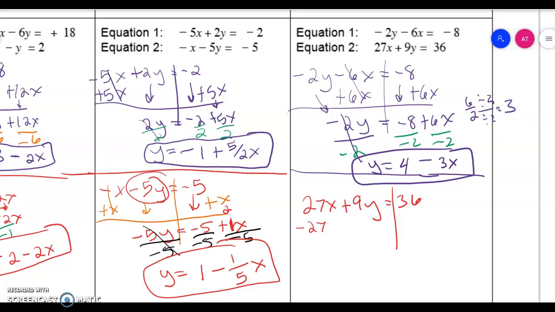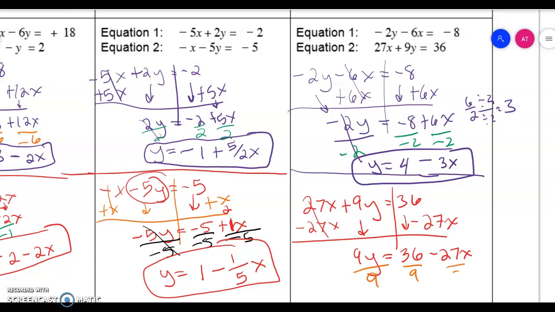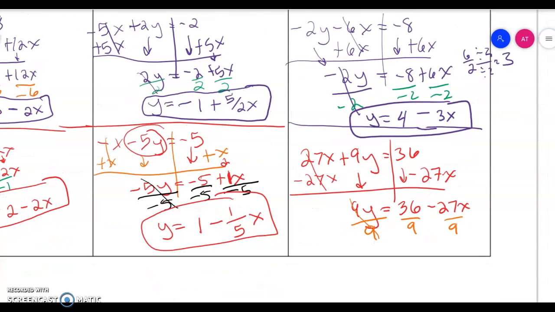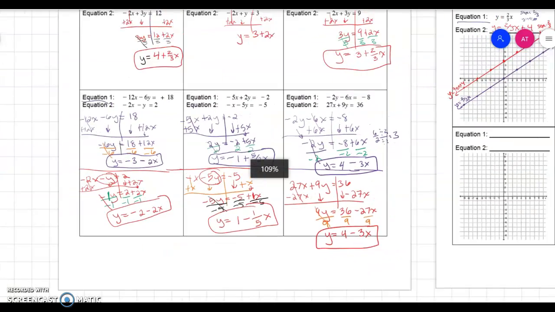Now that you've unpaused, you should have subtracted 27x from both sides. You get 9y equals 36 minus 27x. And what's the last step? Divide by 9. Yes, now you're getting the hang of it. So now my second equation is y equals 36 divided by 9 is 4. A negative divided by a positive is a negative, and we get -3x. So now all I'm going to do is copy these 3 equations